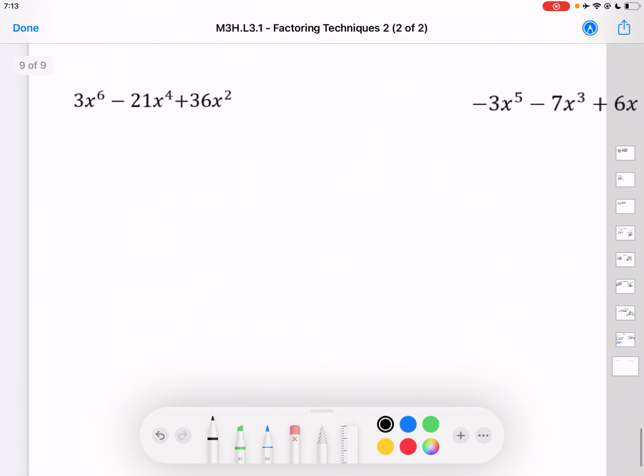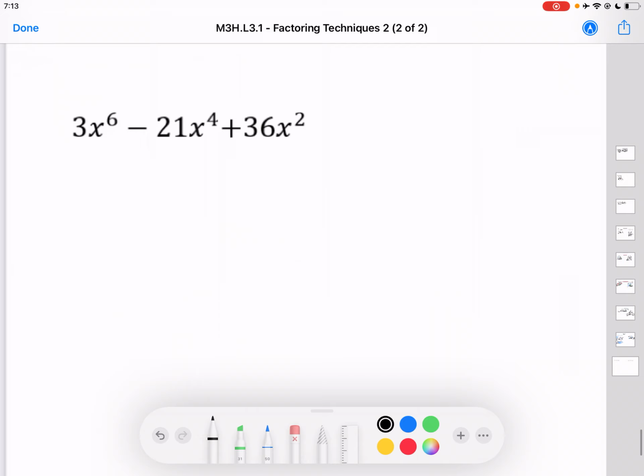All right, let's go to our last 2 examples. Okay, so this one, 3 terms is usually going to be your quadratic method. So let's just double check that. But before we do that, let's do our greatest common factor, which is, all of them are divisible by a